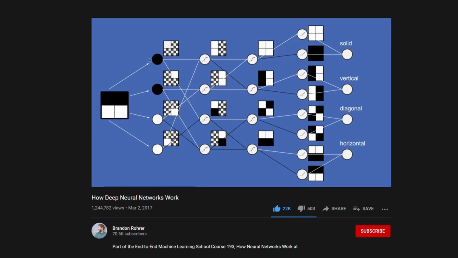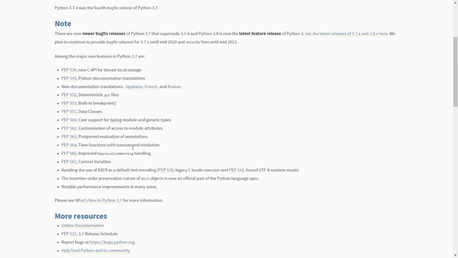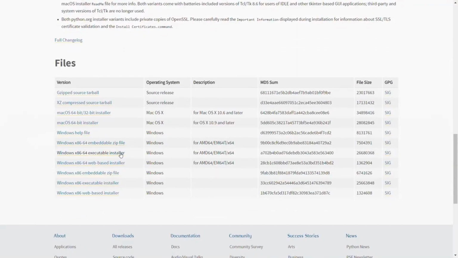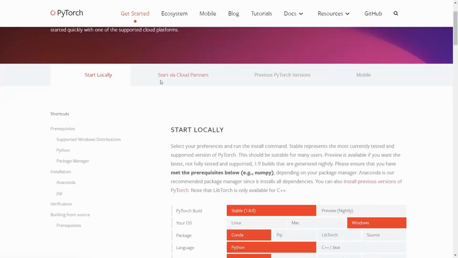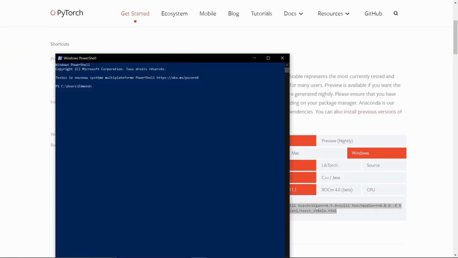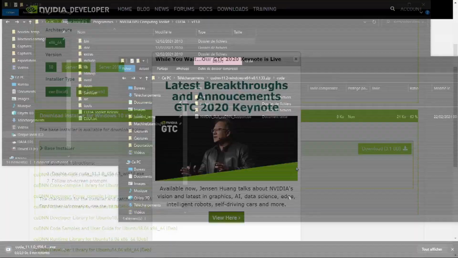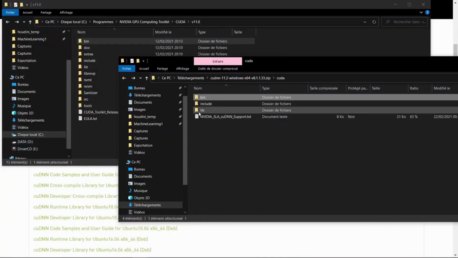We will use PyTorch, but first I will showcase how to install it and call it from inside of Houdini. I recommend grabbing a Python 3 version of Houdini, and take note of the version of Python that is currently shipped with it. We will need to install the same version separately in order to grab the matching libraries. I recommend using pip to install PyTorch by copy-pasting that line into a shell. If you want to use your GPU to train your neural network, you will need to install the CUDA driver as well as the cuDNN libraries, which are a bit tricky to install, as you will need to paste them directly into the CUDA folder.